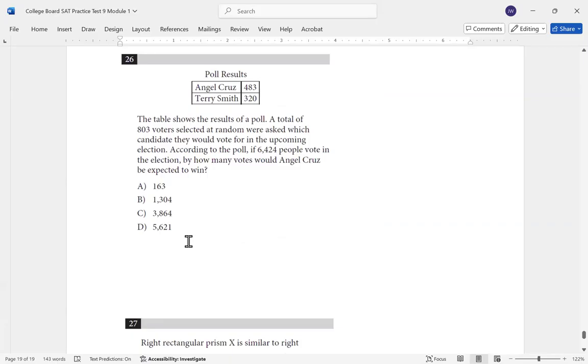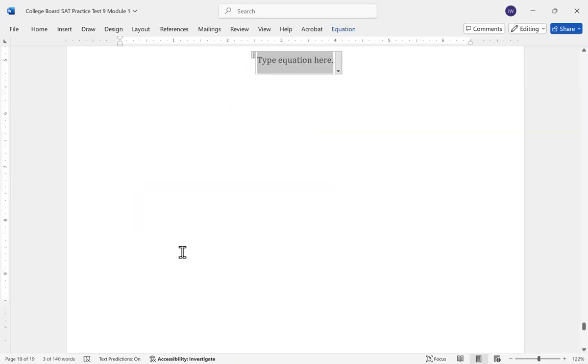26. The table shows the results of a poll. A total of 803 voters are selected at random, and they're asked which candidate they would vote for in an upcoming election. According to the poll, if 6,424 people vote in the election, by how many votes would Angel Cruz be expected to win? So we're saying if this poll is right, then Angel Cruz,